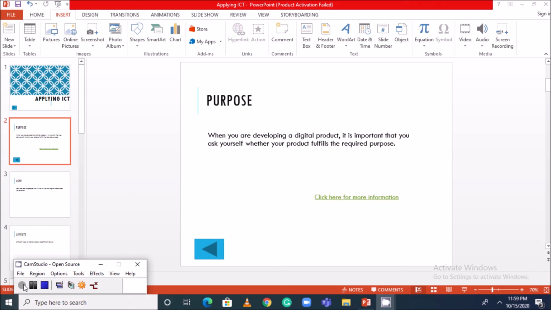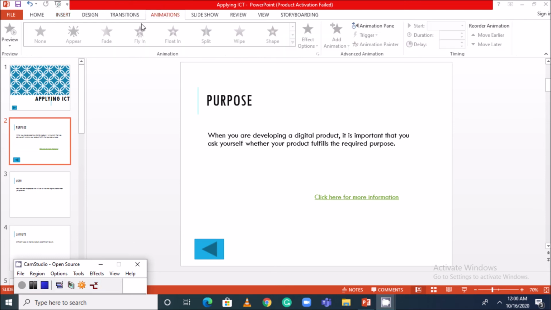Okay, dear children, next we are going to learn about animations. What do you mean by animations? Animations are visual effects that add emphasis and movement. Actually, they are used to draw attention to important information, and they can be added to slide content such as text, pictures, shapes, tables, SmartArt graphics, and other objects.